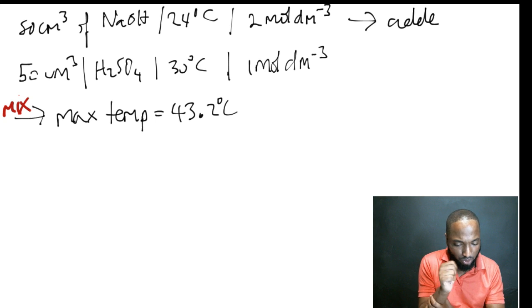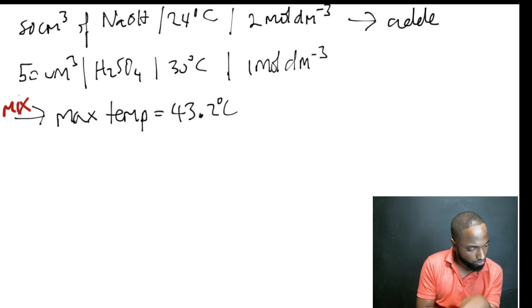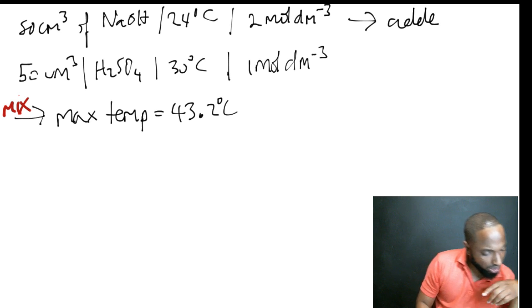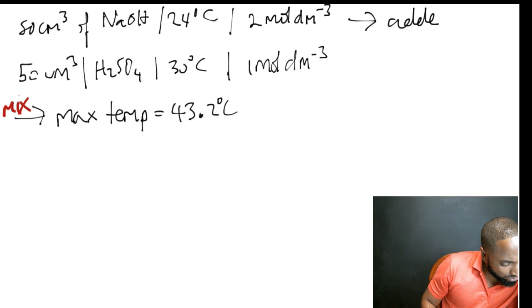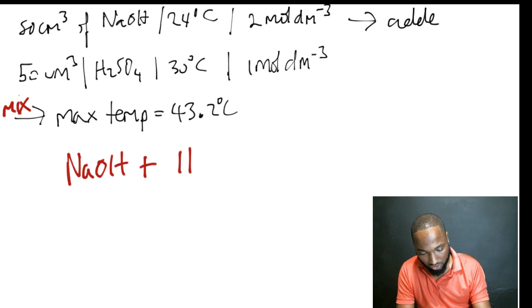So we need to determine the number of moles of water. This is added to that, and the temperature is that. So we're assuming everybody reacts. We just had to assume that. Let's write the equation first. NaOH plus H2SO4 giving me